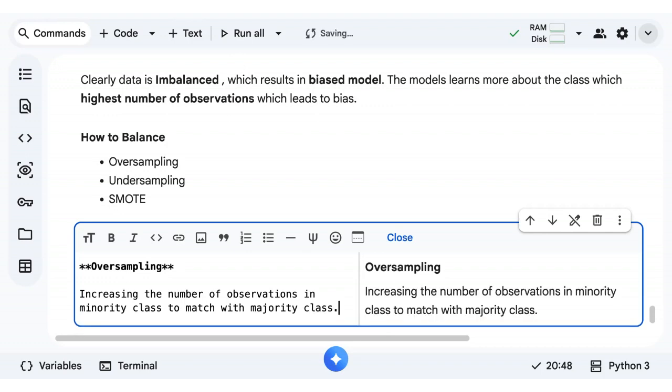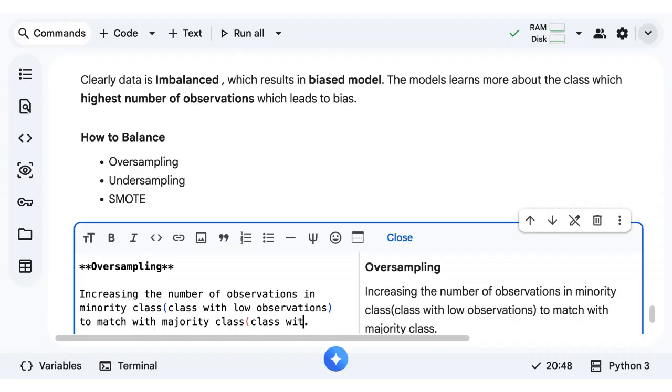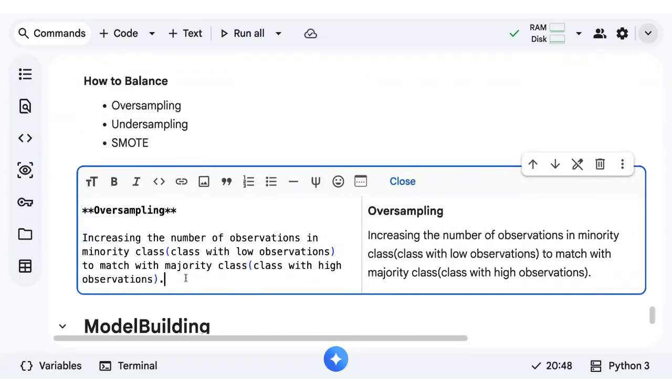Minority class means the class with fewer observations, and majority class means the class with high observations.